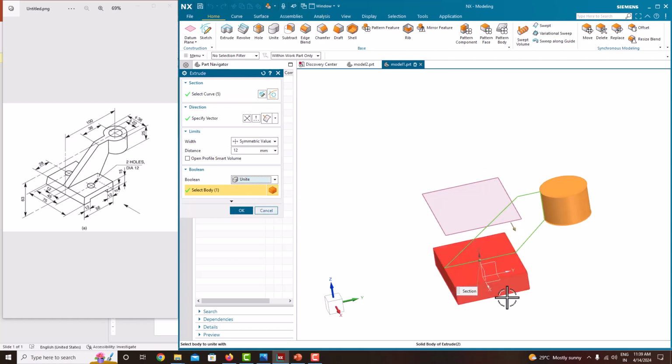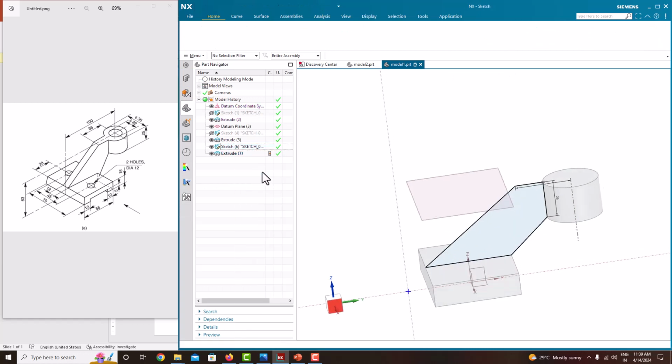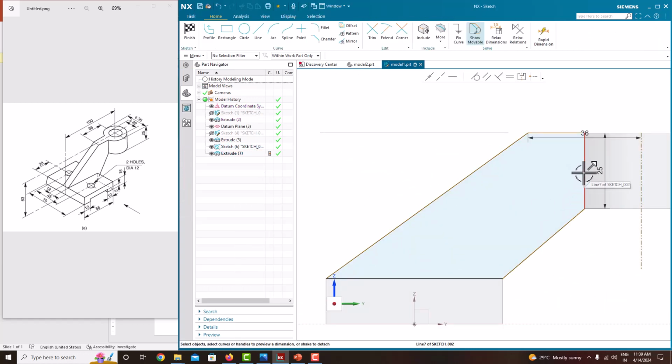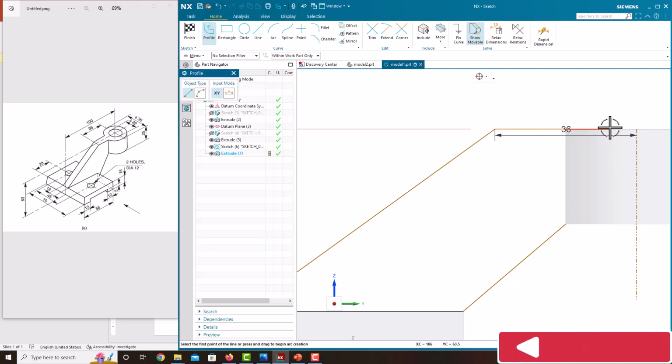Unite it to this body as well as to this body. Just cancel it. Just go to the edit sketch. Select this line, delete this line. Take a line from this point to extend to somewhere here. From this point to